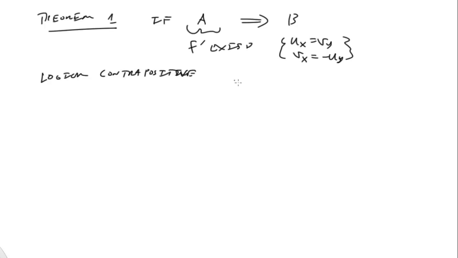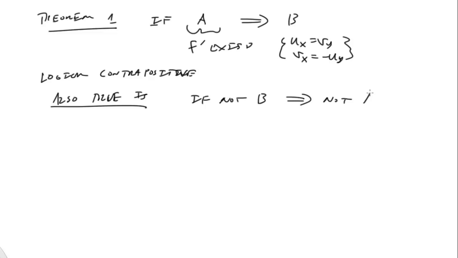And it works, and it's a way of inverting if-then statements. It simply says that whenever this is true, so also is this statement: if not B, then not A. So what we're saying then is